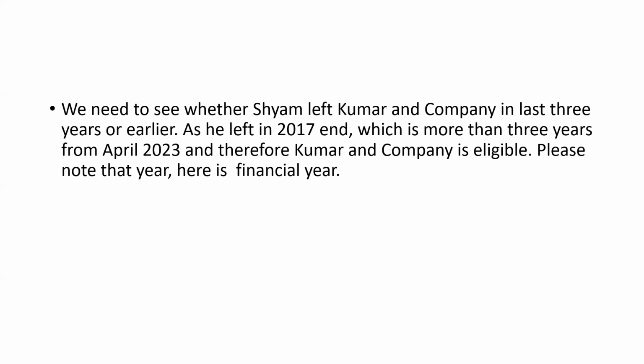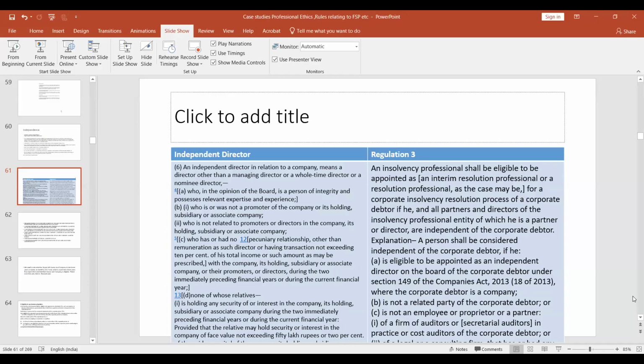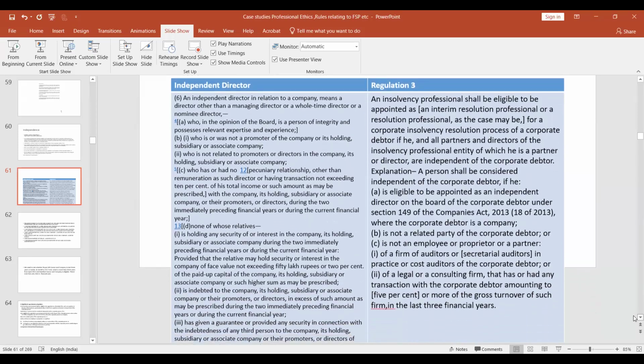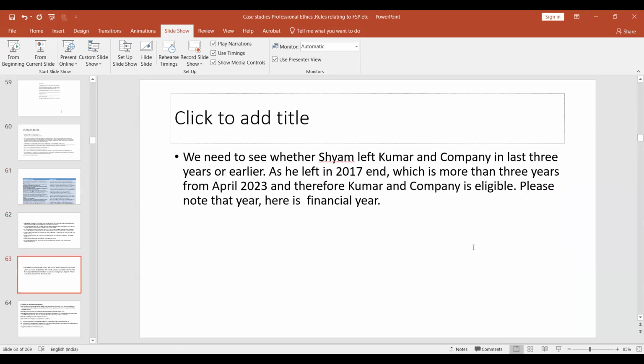क्योंकि यहां पर जो ईयर लिखा है, फाइनेंशियल ईयर नहीं लिखा, है ना? वर्डिंग यूज क्या है? Year. यहां देखिए, इंसॉल्वेंसी प्रोफेशनल, ये अगर हम इसको देखें, तो लास्ट में क्या लिखता है रेगुलेशन 3 में? इन द लास्ट 3 फाइनेंशियल ईयर्स। Last 3 financial. तो ईयर यहां पर फाइनेंशियल ईयर है। ठीक है, 2023 से 3 साल पहले हो गया तो हो सकता है, कोई इशू नहीं।